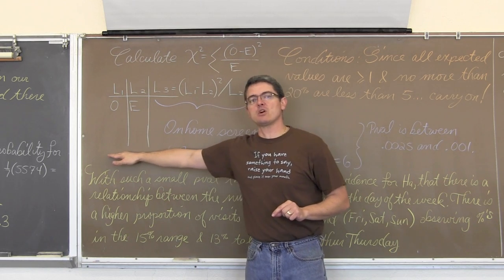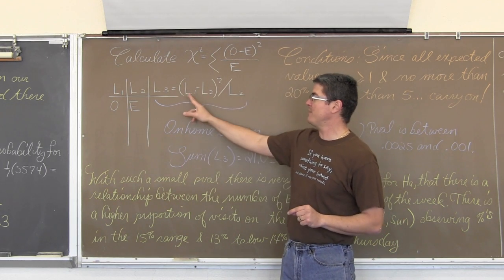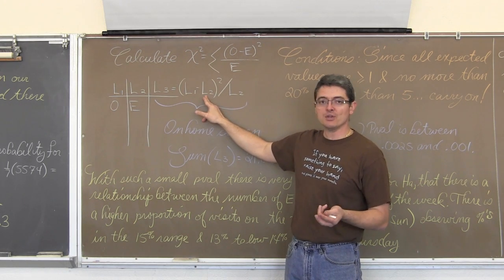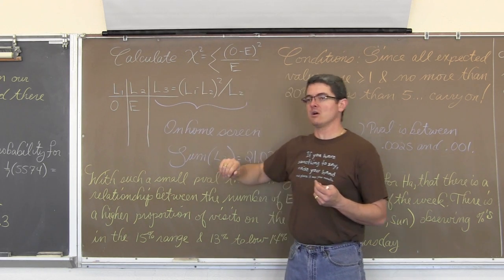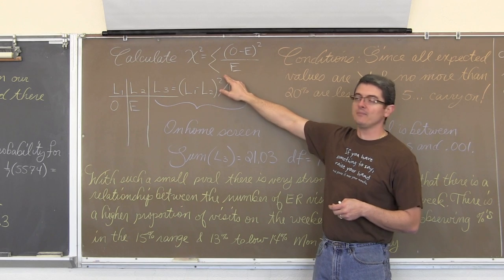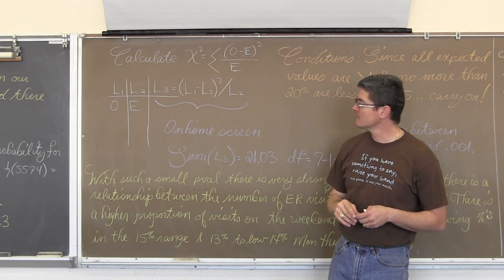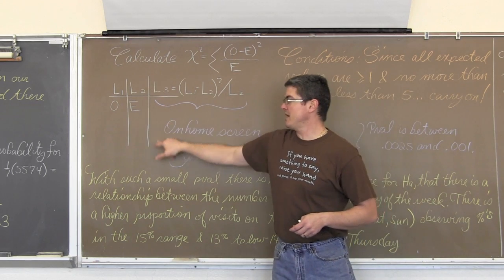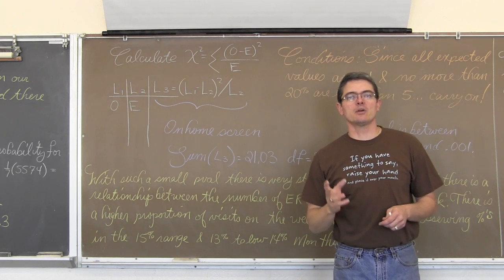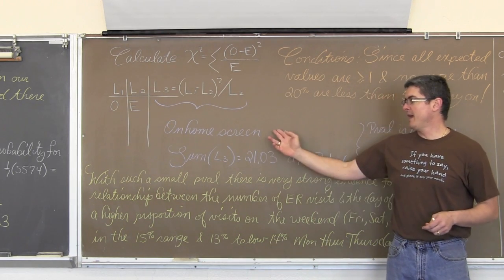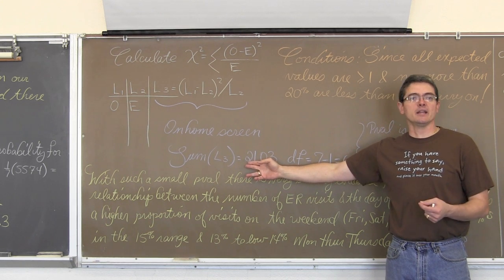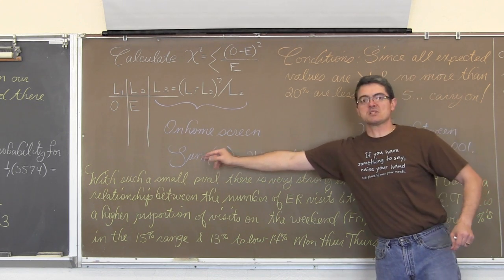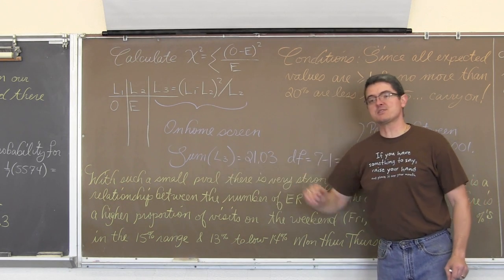It'll show up, the type will show up at the bottom of the screen. You'll be typing in parentheses L1, your observed values, minus L2, which is where your expected values are, close the parentheses, square it, and divide it by L sub 2. Then you'll exit that window with those values in list 3, and then go to the home screen of your calculator and just go to second list, go to the math operations menu, and look up sum, and just add up the list 3.